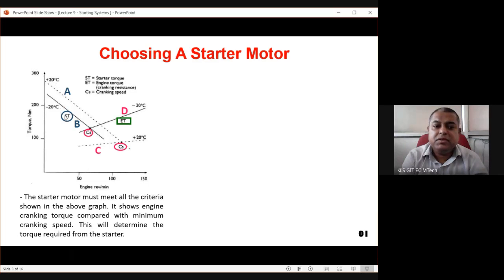So there is a comparison between graph A and B for the starting torque. And then for the cranking speed, you can find out if temperature is more, this is the dashed line graph. For less temperature, we require a higher amount of torque to achieve a certain speed. Just say it's a speed of 100, we find that around 200 Newton meter torque is required to create that cranking speed. But at plus 20 degrees centigrade,